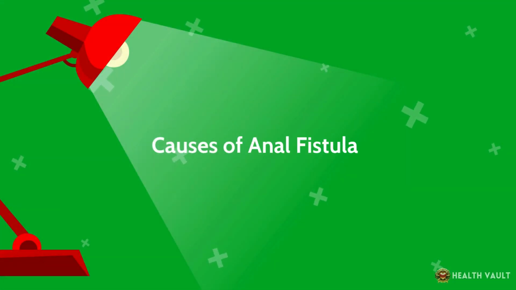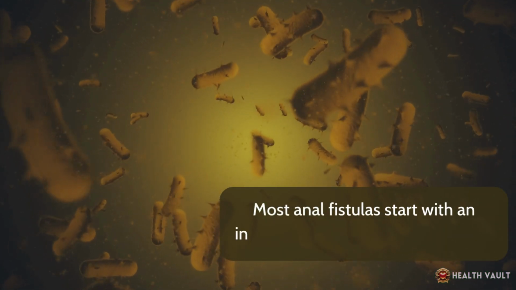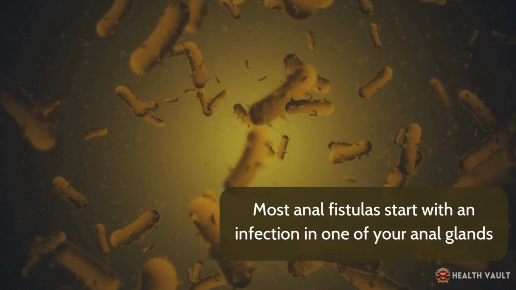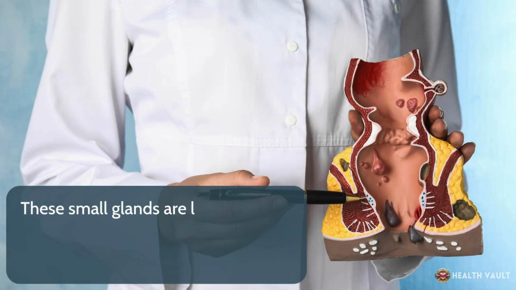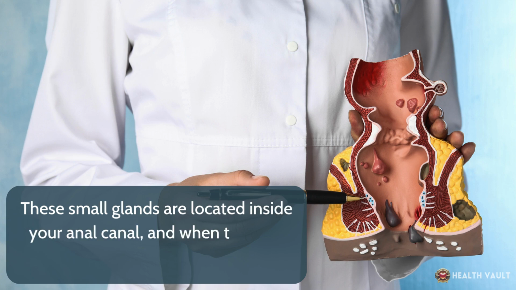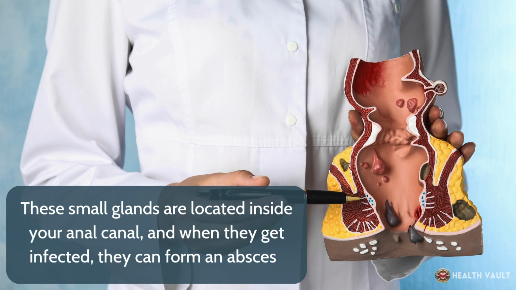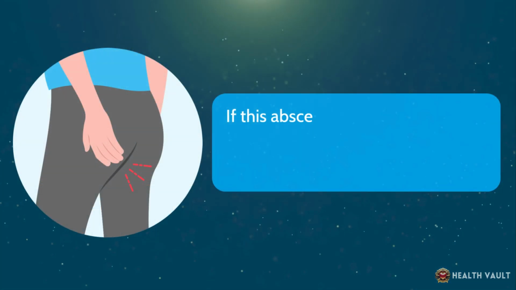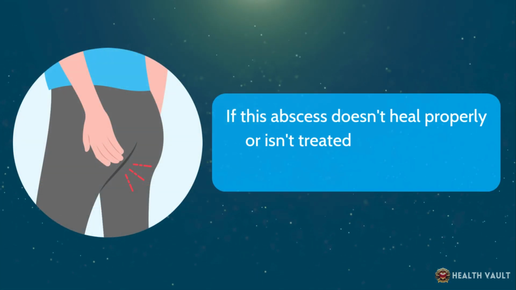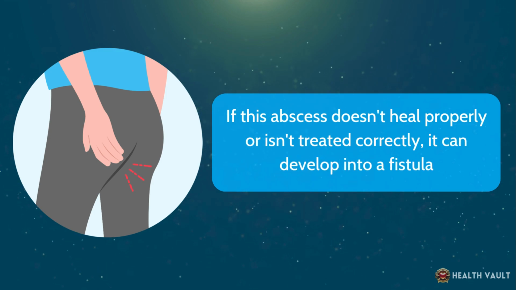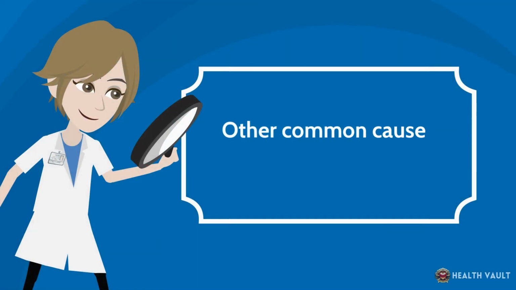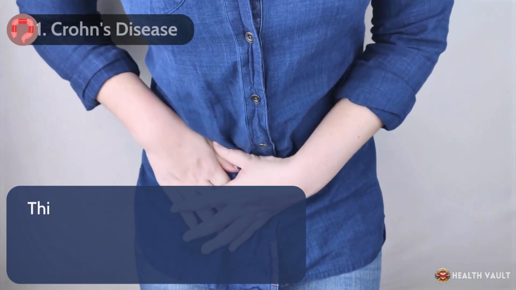Causes of anal fistula. Most anal fistulas start with an infection in one of your anal glands. These small glands are located inside your anal canal, and when they get infected, they can form an abscess. If this abscess doesn't heal properly or isn't treated correctly, it can develop into a fistula. Other common causes include: